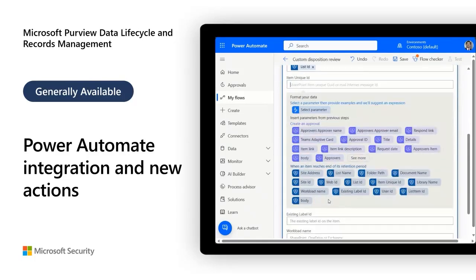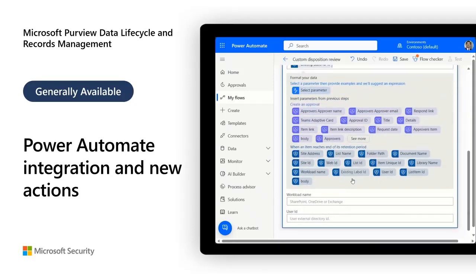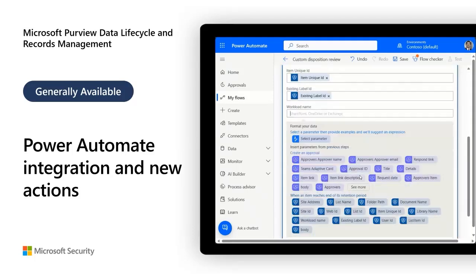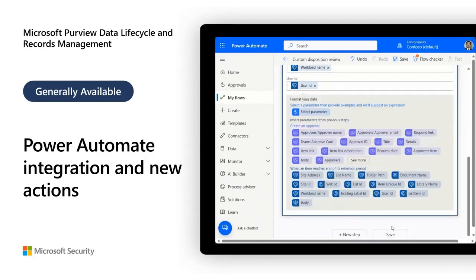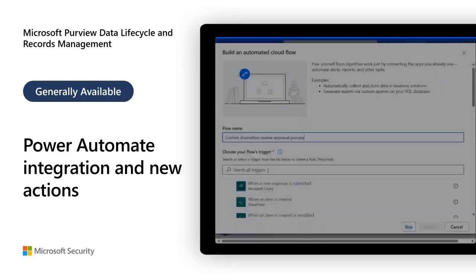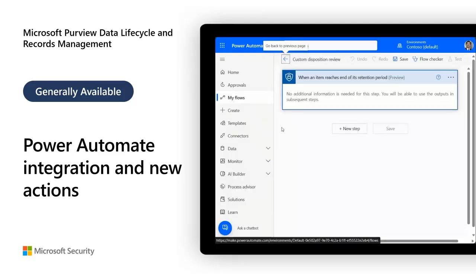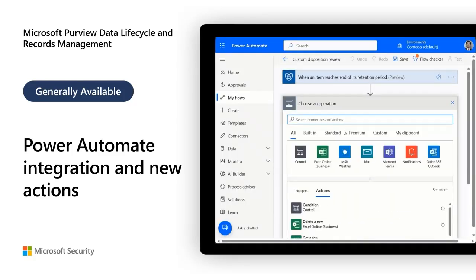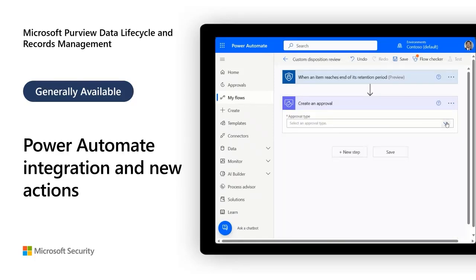An example of this that we have come across is where, instead of predefined approvers, customers want to dynamically select approvers. An example of a dynamically selected approver is, let's say you are going to delete a file on a site, then you need the owner of the file to approve the disposition, or you want the site owner to approve the disposition. Both of those you can't do using the native DLM flow, but you can do using Power